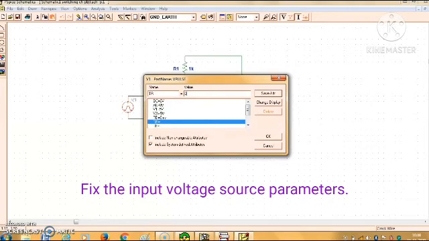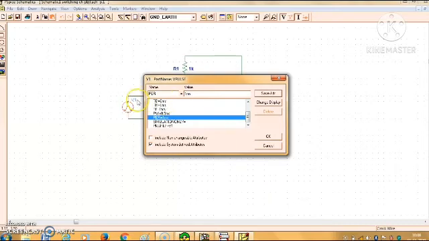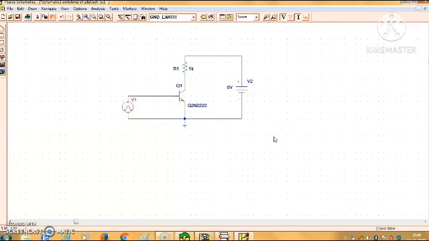Then the rise time TR 0 millisecond, then fall time 0 millisecond. You can choose it; I'm putting 0 millisecond here. Then the pulse width, I'm putting 0.5 millisecond. Then PER, that is the time period. I'm making the wave a square wave, so I'm putting the time period 1 millisecond, which is double the pulse width. Just click OK.